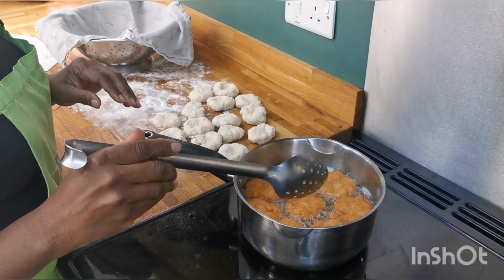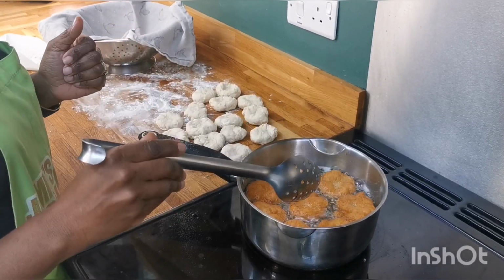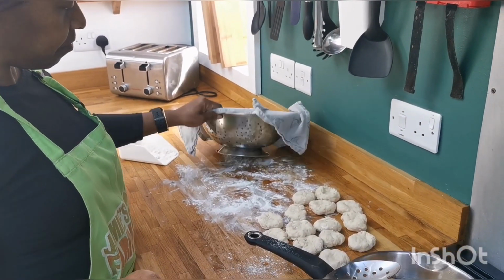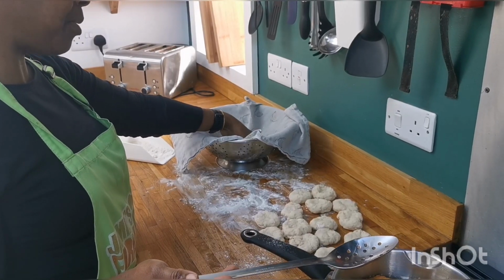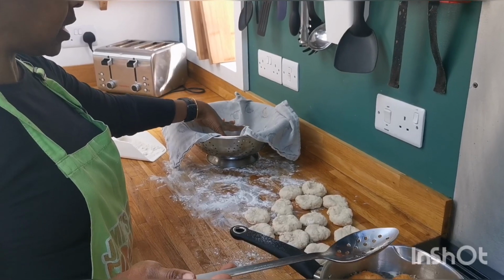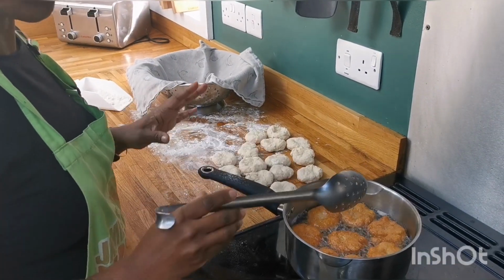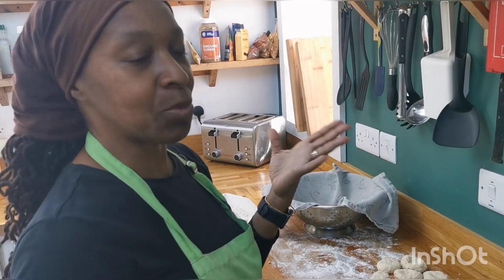We are going to take them out. We've turned them over because they're golden. Once we've taken them out, we will then pop them in a colander or a bowl. Put a clean tea towel, or if you've got kitchen roll, you put a sheet in to collect the remainder of the oil, and they should be lovely for you to enjoy with any type of meats, with